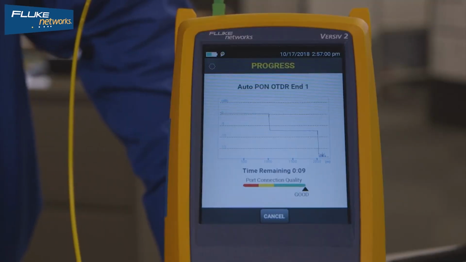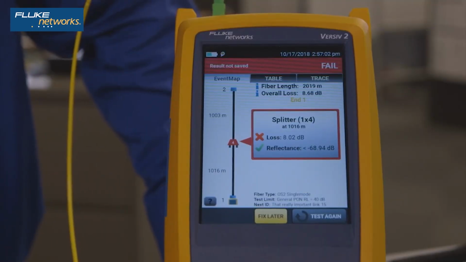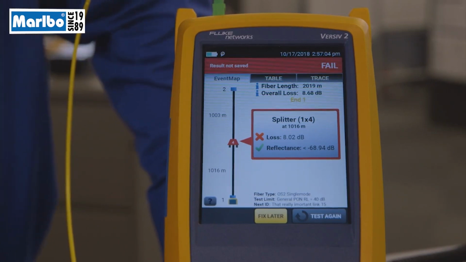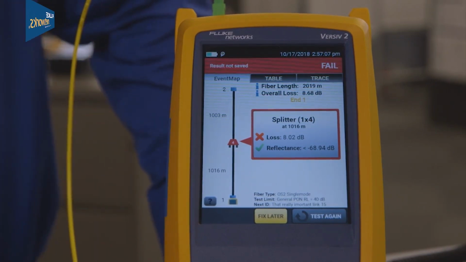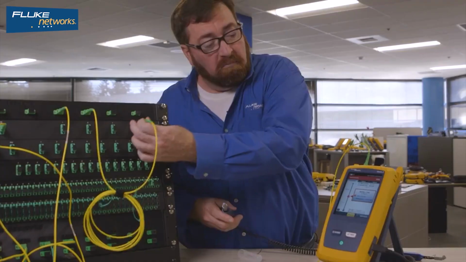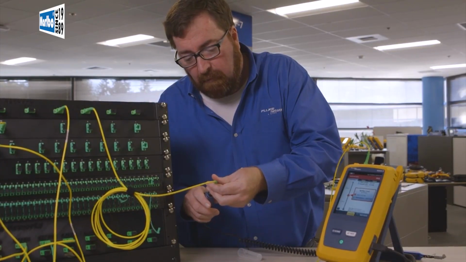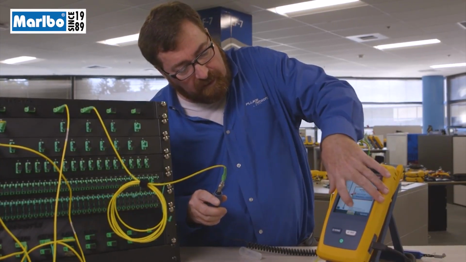So we'll give it a few more seconds so I can see the trace, and it's telling me there is a 4-port splitter out there. Sure enough, we're on a 4-port splitter. Let's try a different splitter and see if it can figure that one out. So I'm just going to save this test real quick,